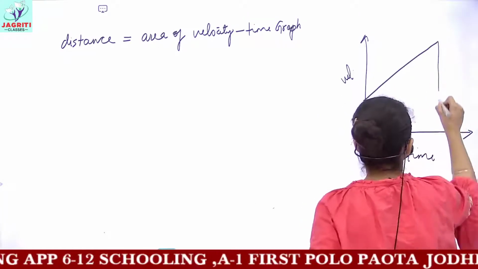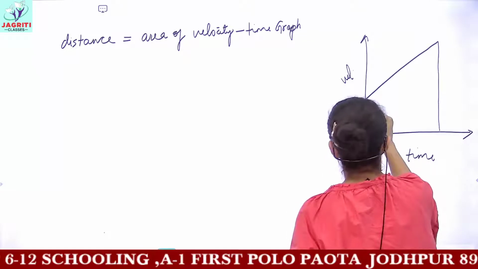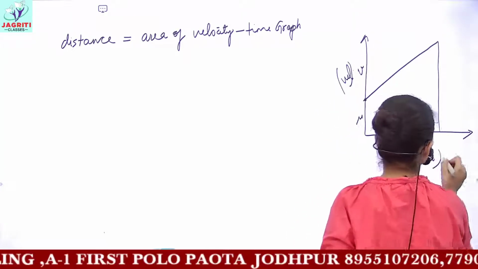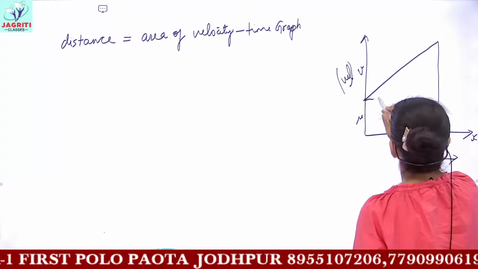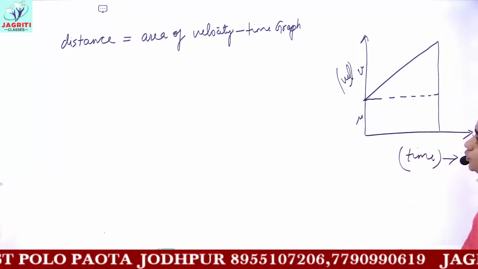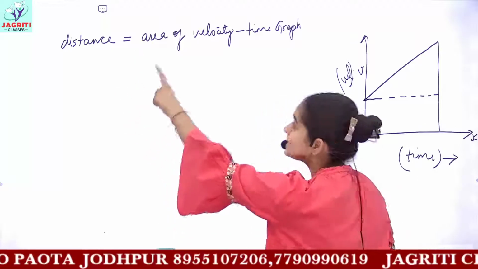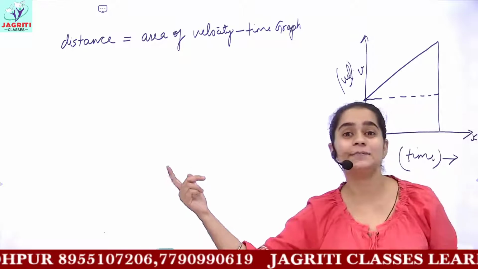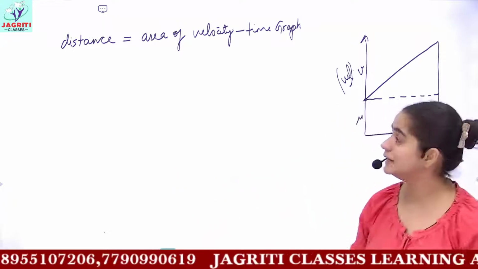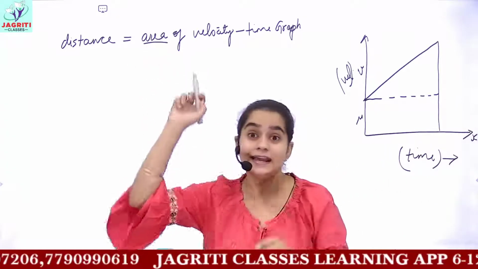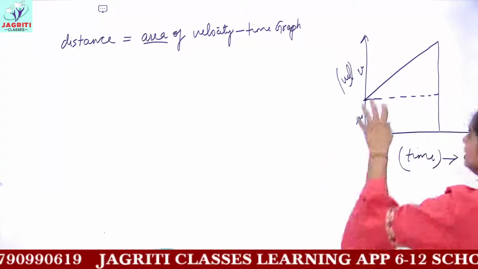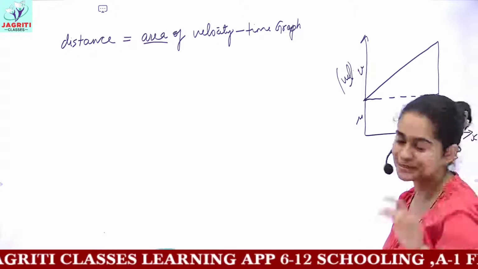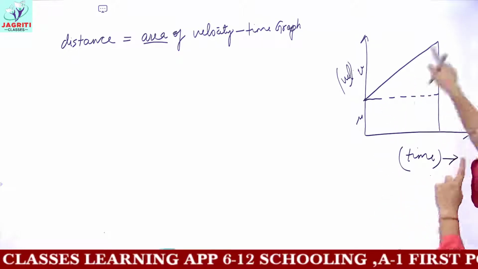This was your graph. This was U. This complete was V. Velocity, time. Then what I have to do, I have to find the distance, I want to know the area of this graph. You can easily get this if you have read my previous videos. You can see why we are finding area here: because area is x into y, and velocity into time gives you the value of distance. So we have to find the area of this curve.